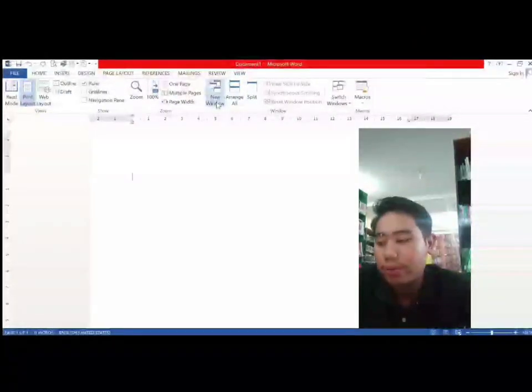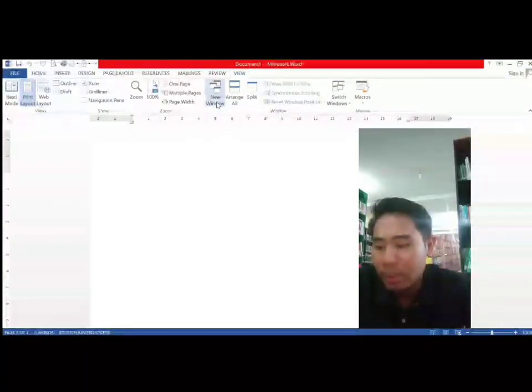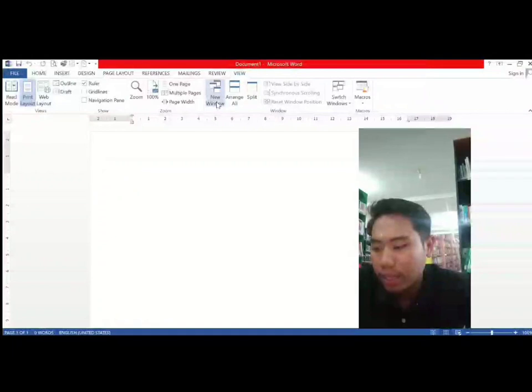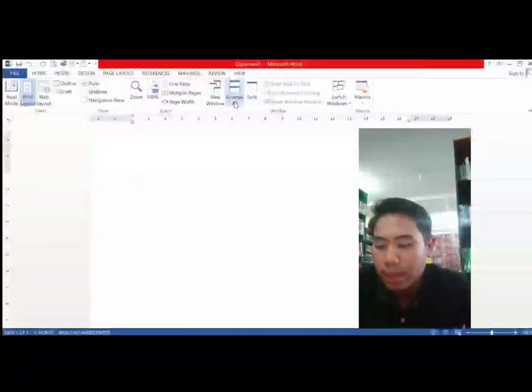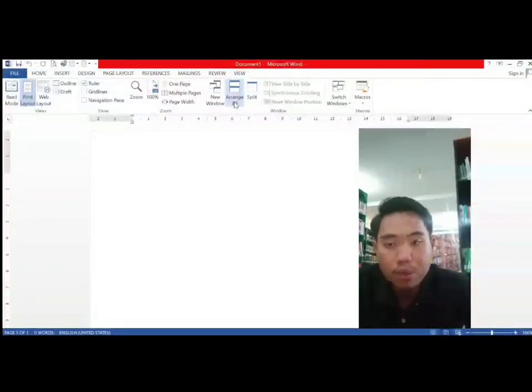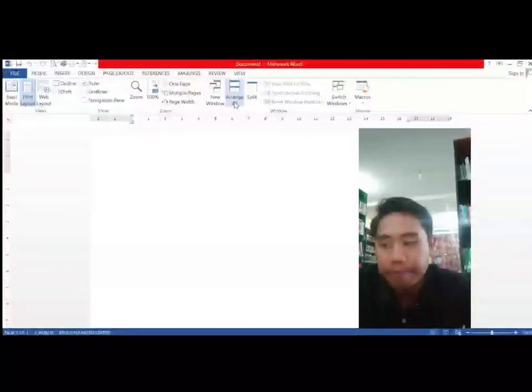New Window. Open the document's view in another window. Arrange All is to see, arrange or adjust the position of an image in a paragraph.